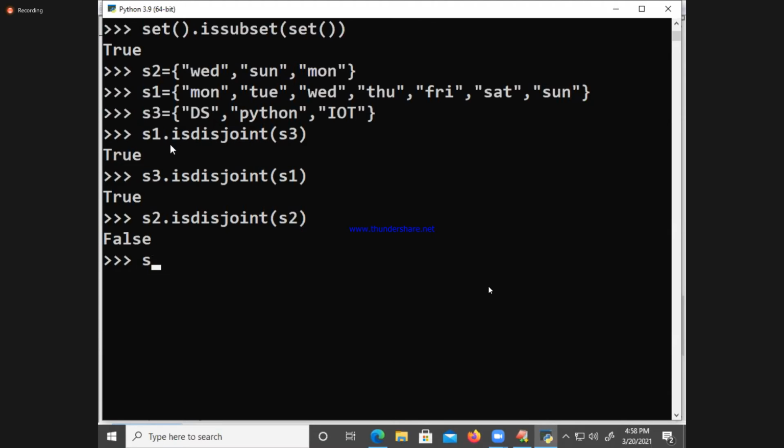See guys, S4 is equal to Monday, comma 4, comma 5, comma 6. S4 dot isdisjoint of S1.